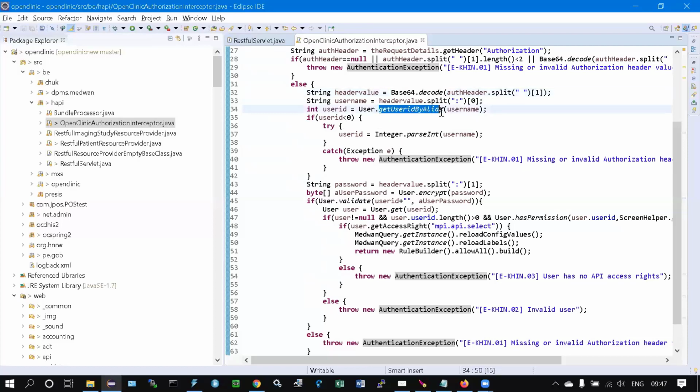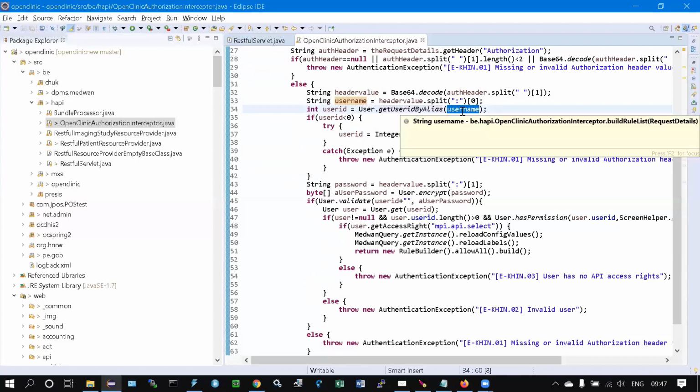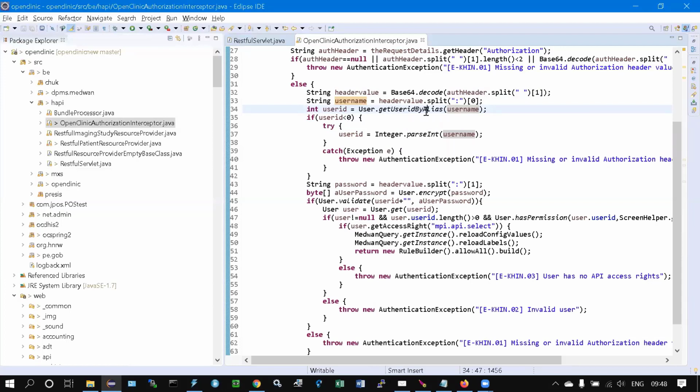If this doesn't return a valid user ID, first it tries to recognize it as an alias. If it doesn't recognize it as an alias, it's going to search for the number 4. So an alias would typically be admin, the login admin would be an alias, but the alias admin is being linked to a user ID, which is number 4. So I could have used admin or 4 for logging in to the API. Because, okay, perfect, if it doesn't work with the alias, it will try to find